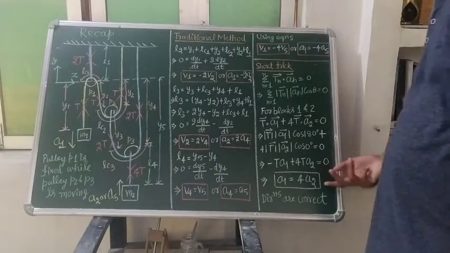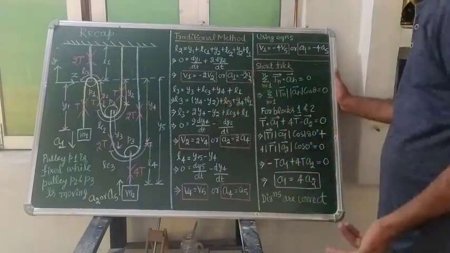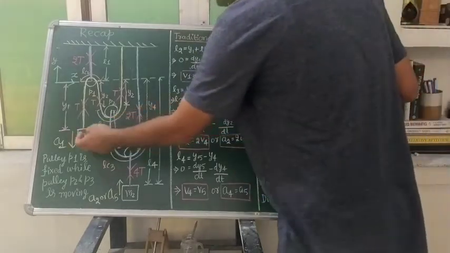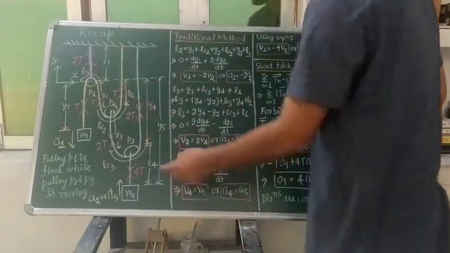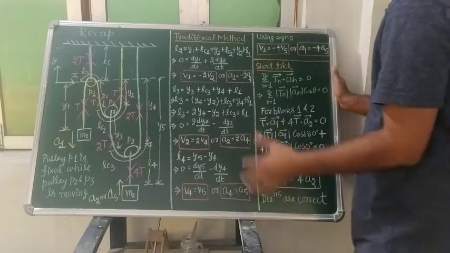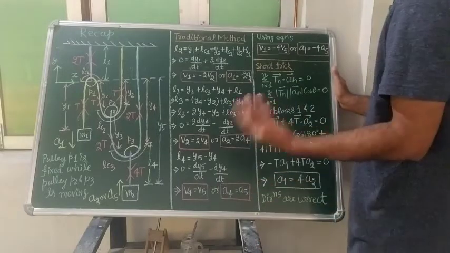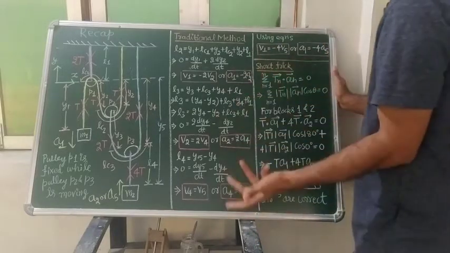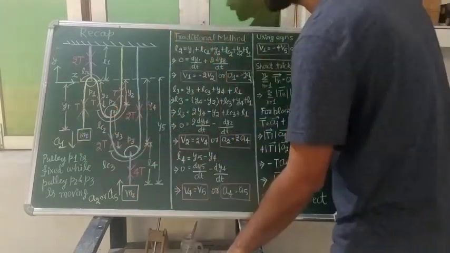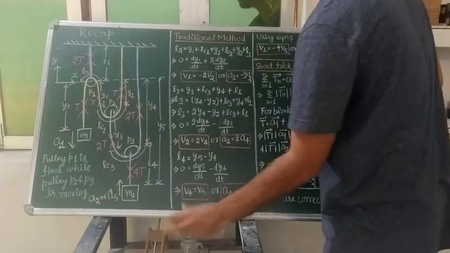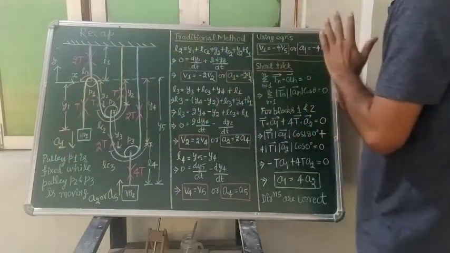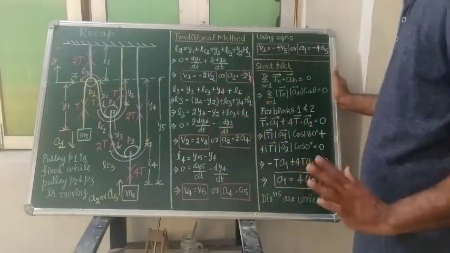So we have seen what the tension present in those strings will be. So we are looking now that M1 has the tension T which is acting upside, M2 has the tension 4T which is acting upside. Our next task will be to select the acceleration. So of course, student, now we can select the acceleration in any side. You can select this A1 and A2 upside, downside, or one downside, one upside. Whatever direction you want to choose, you can choose.